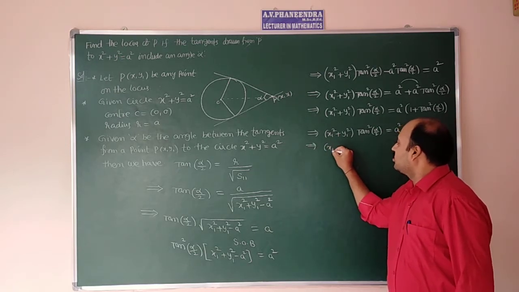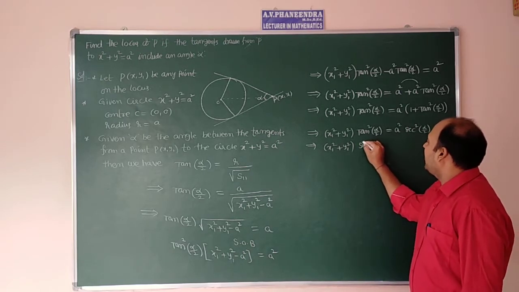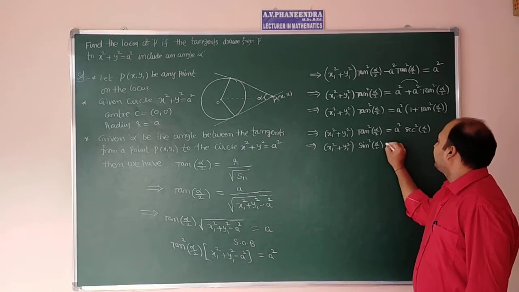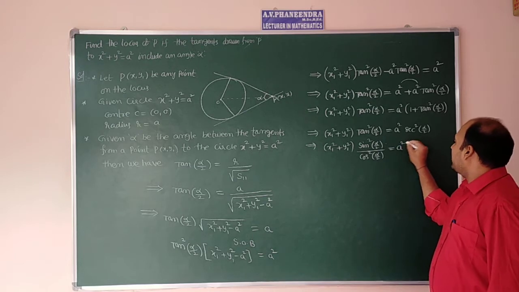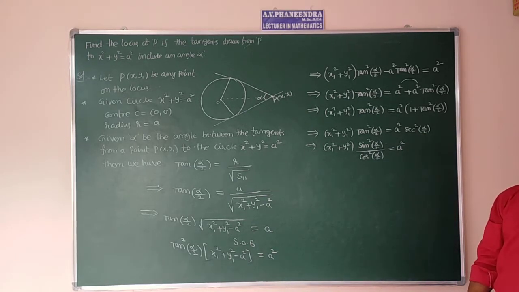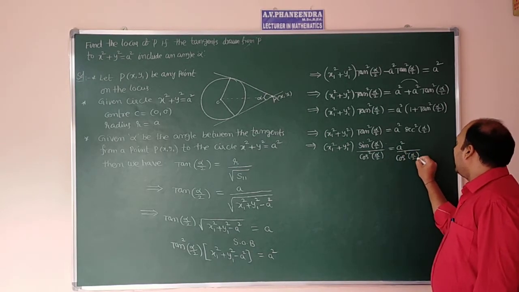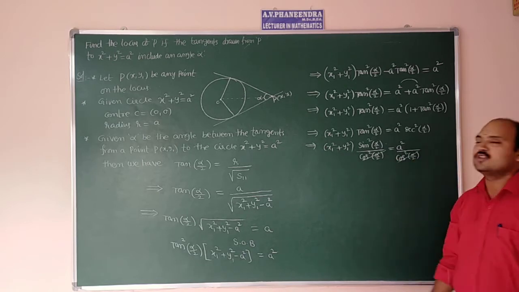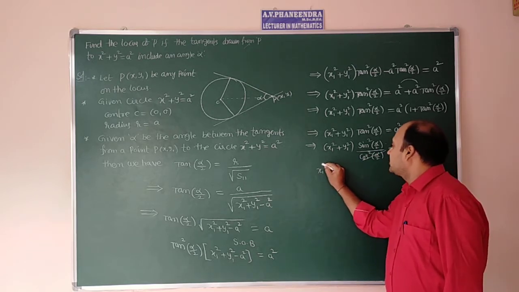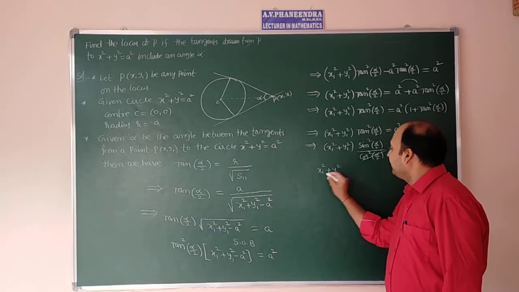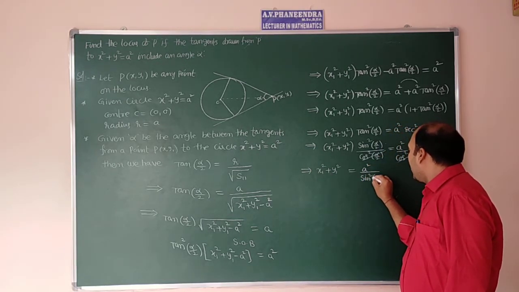So two more steps you have to do. You have to simplify tan and secant. x1 square plus y1 square into tan square alpha by 2 can be written as sin square alpha by 2 divided by cos square alpha by 2, is equal to a square into secant square alpha by 2, which is the reciprocal of cos square alpha by 2. That means divided by cos square alpha by 2. Now on both sides we have to cancel the denominator, which is the same. So after that, sin square alpha by 2 we can take to this side. x1 square plus y1 square is equal to a square by sin square alpha by 2.